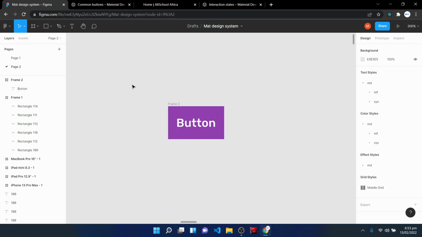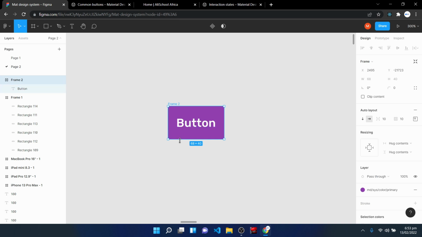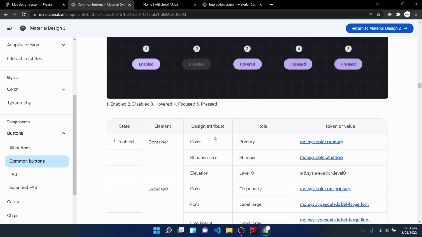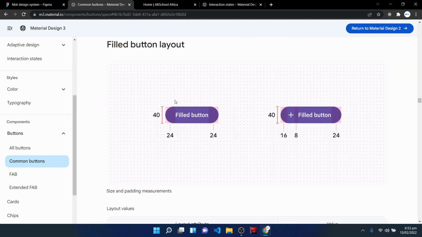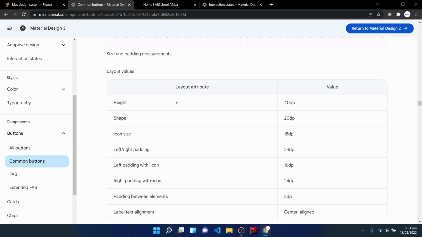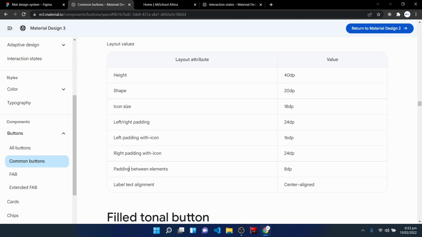Now I would come back here, keep this button selected, and the next thing I would like to work on is the alignment of the button text on the button layout. To have that sorted, let's scroll down to the field button layout section. Take note of that. If you come here, you would see that the label text alignment is recommended to be center aligned, which means that we should set the text alignment on that button layout